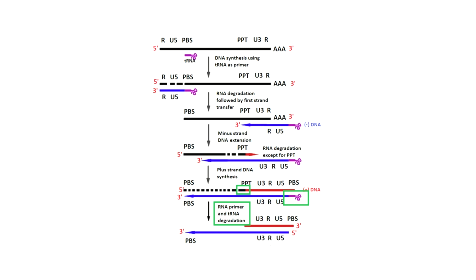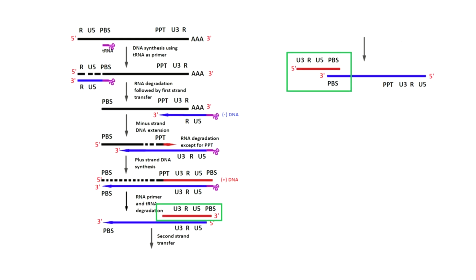Now once the transcriptase enzyme has extended the second strand of DNA, the tRNA and the genomic RNA that's left in the RNA-DNA duplex are degraded and removed by the RNase H enzyme. So now no RNA is actually left. It's just a part of the first strand of DNA and a part of the second strand of DNA, which will be further extended to form a double-stranded DNA.